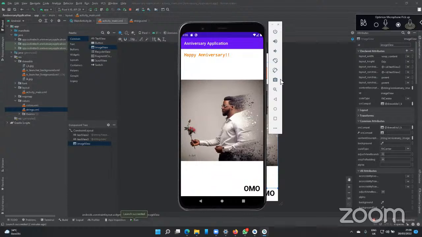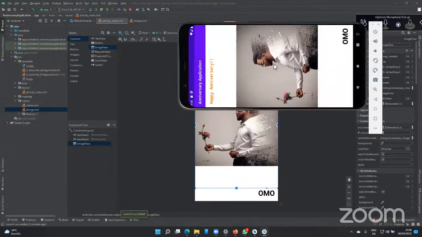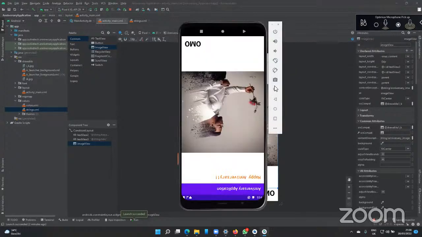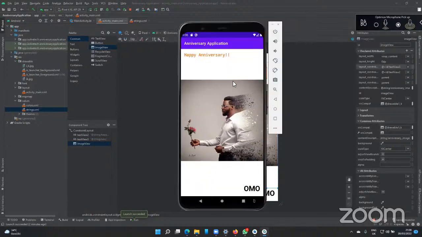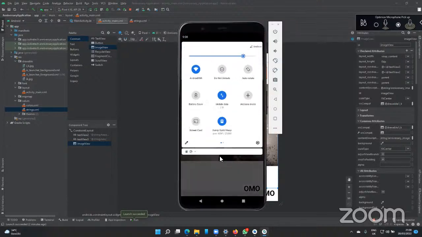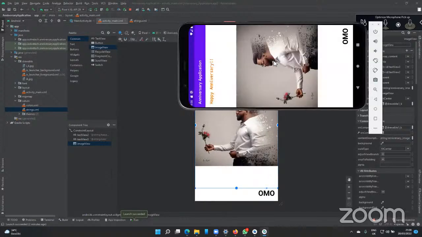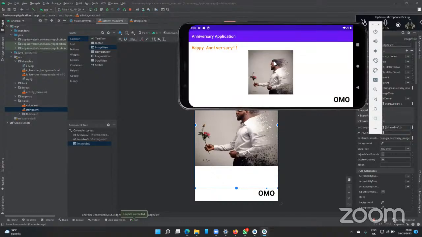Now, assuming I turn this, I need to toggle the screen. Auto rotate. Okay, good. So let's rotate this. Well, this one actually comes out a bit well, but you can see the image is, you know,